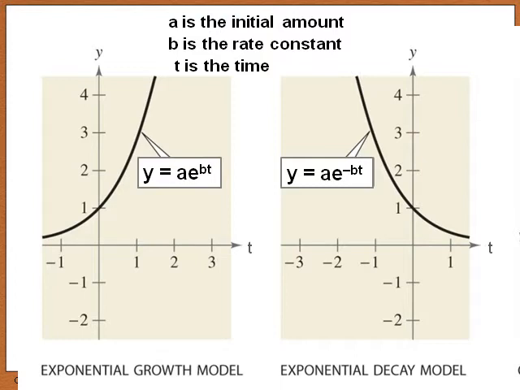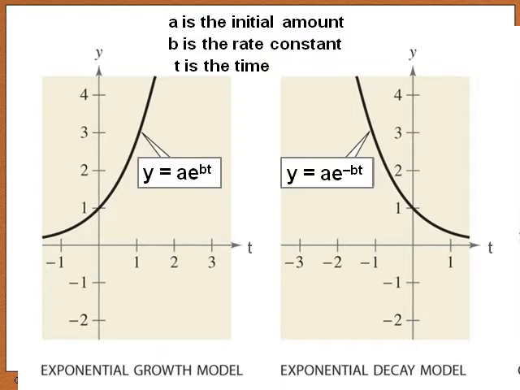And it's because when something grows exponentially, it grows slowly at first and then very quickly. When something decays exponentially, it decays quickly at first and then quite slowly. Now, if we look, for example, at the graph on the left, representing exponential growth,